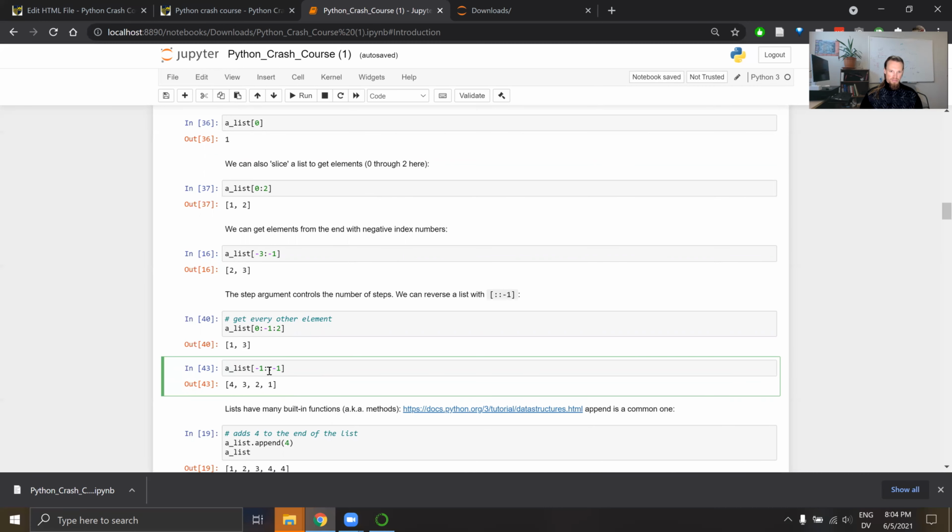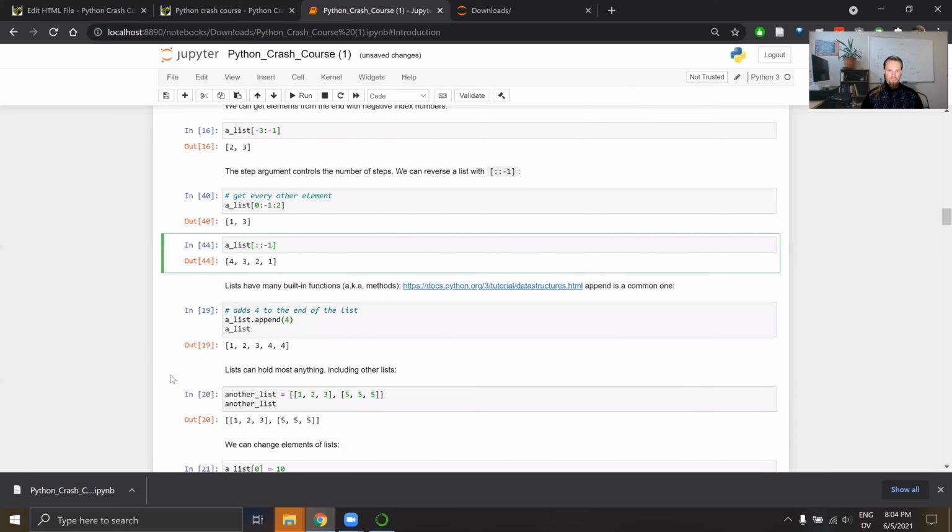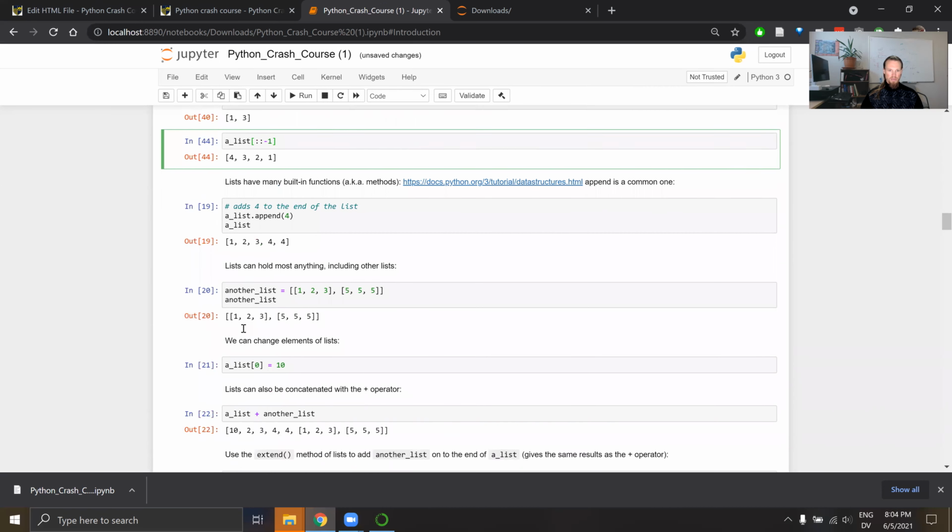Yeah, it gets a little complex because it also reverses which one is the start and the stop there. So anyway, it's easy to reverse the list with that. And so then the last couple things here